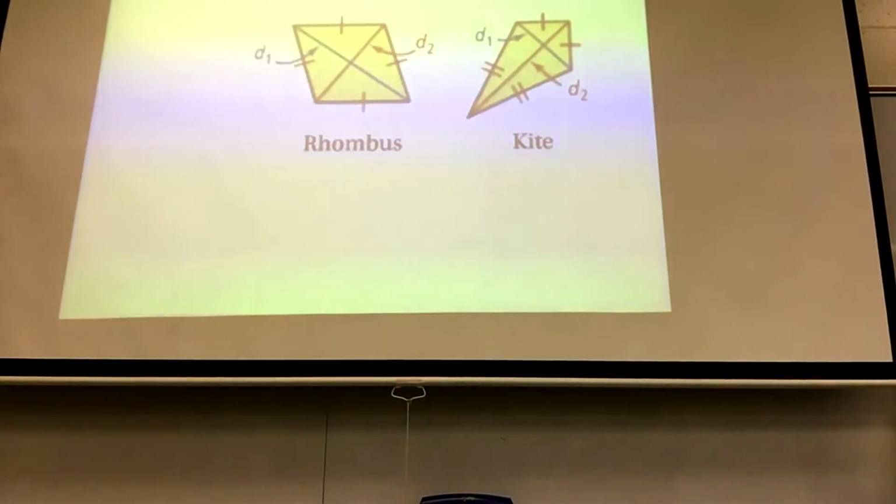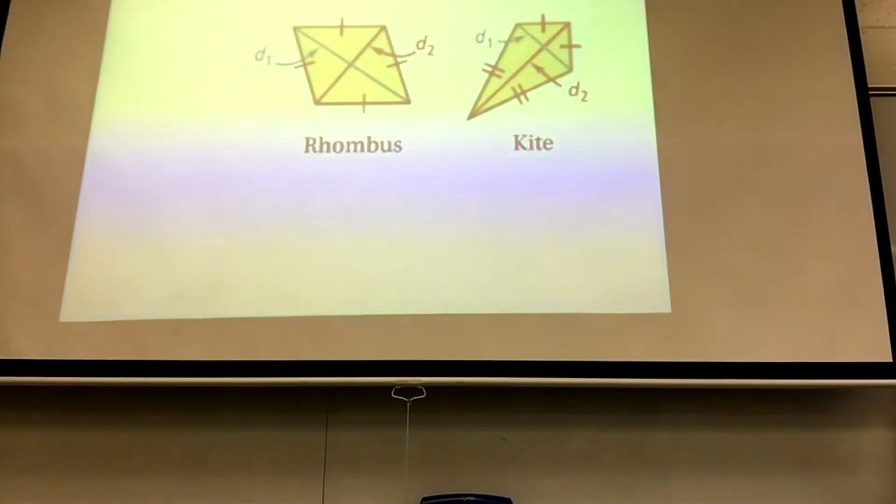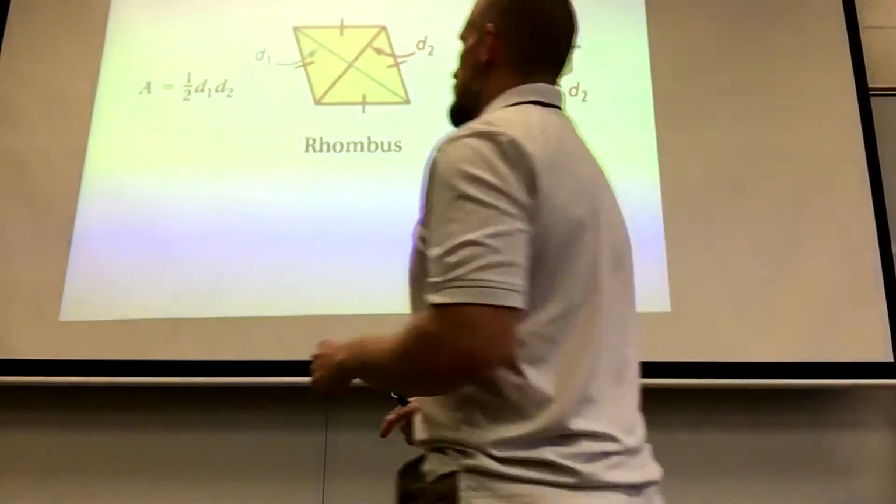Both diagonals of any quadrilateral. These only come up for a rhombus and a kite, but this actually works for all of them. Any kind of 4-sided shape, if you have both those diagonals, you do the 2 diagonals multiplied together and then take half of it. And you have to have measurements from one side to the other. Now the reason they bring this up solely for a rhombus and a kite is because, as a side note,